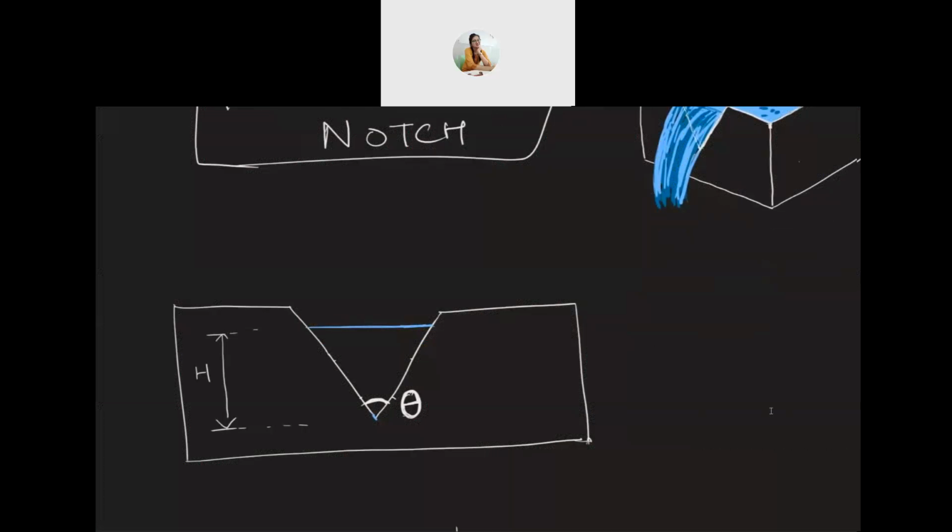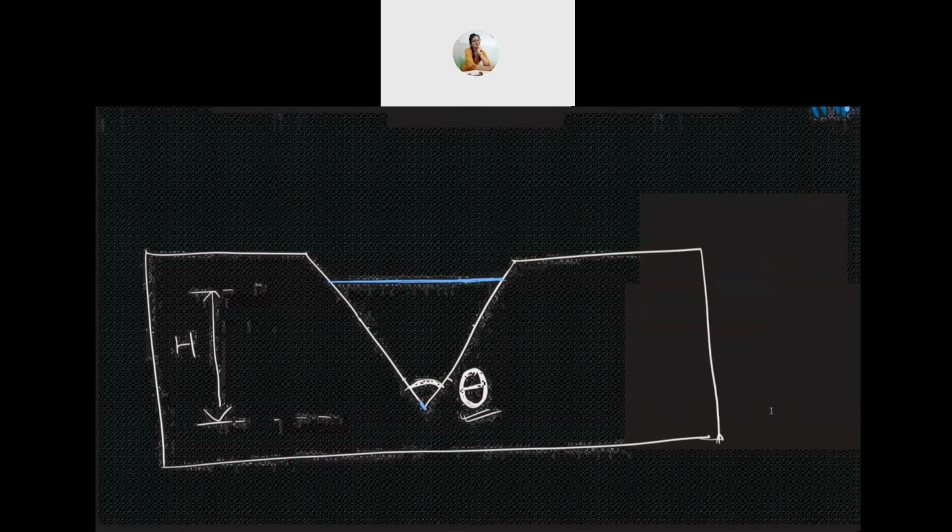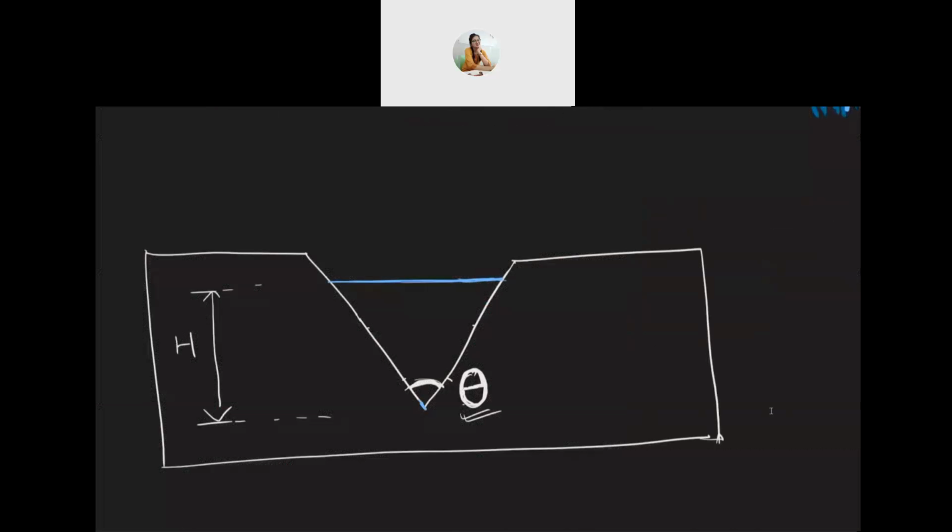Now let's look at this triangular notch from the front. The triangular notch will have a certain angle. So this angle of the notch is called theta, suppose. It can be 60 degrees, it can be 90 degrees, or any other angle. Now, if this is theta, then again, just like the rectangular notch, we are imagining